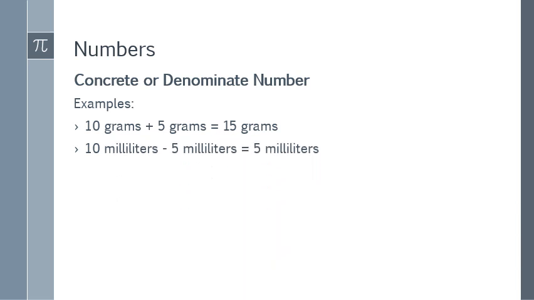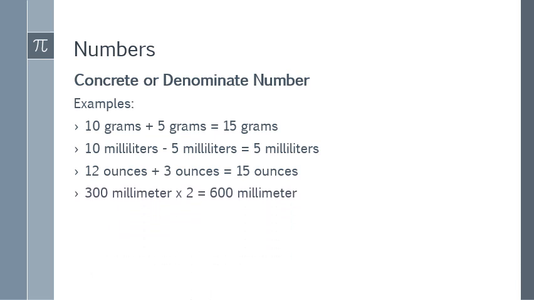The second example is of subtraction, in which the first value is 10 milliliters, the second value is 5 milliliters that has been subtracted from the first value, and the result is 5 milliliters. Same is happening over here, that the first two values are along with the unit of measurement and the resultant value is also attained with the same unit of measurement. The third example is of 12 ounce plus 3 ounce and the resultant value is 15 ounce, that is with the same denomination.